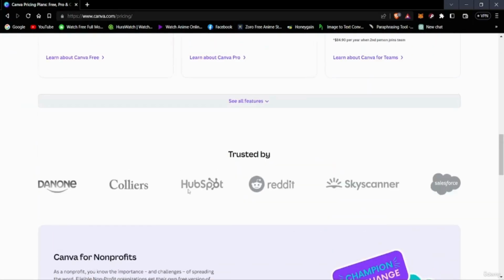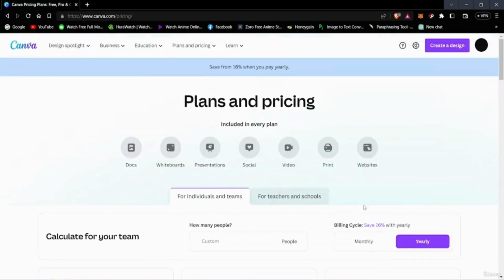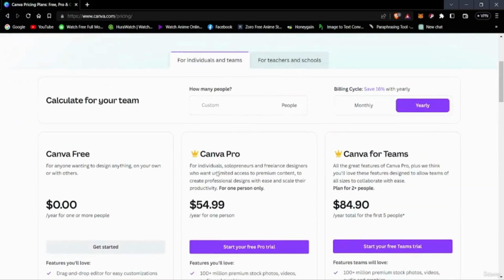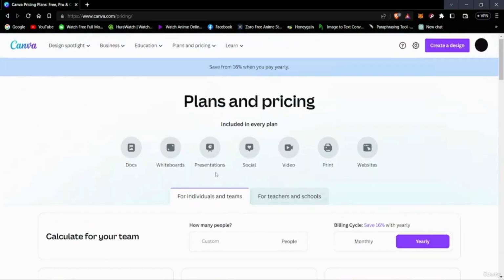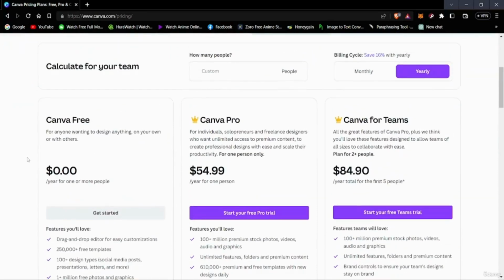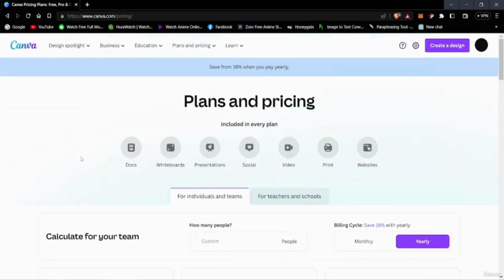All right, and it's best if you get the Canva Pro version for one person, yearly. That would make a really good difference. Okay, but if you're just an independent user, you can just use the Canva free. That's not a big deal. So we're gonna go back,